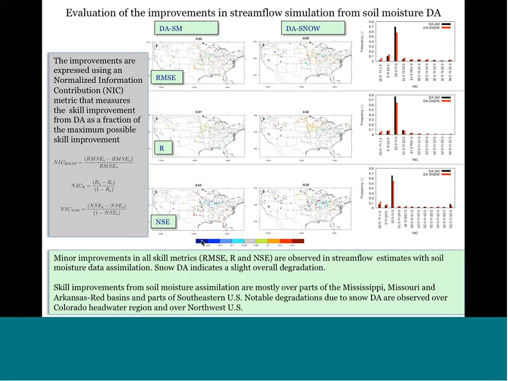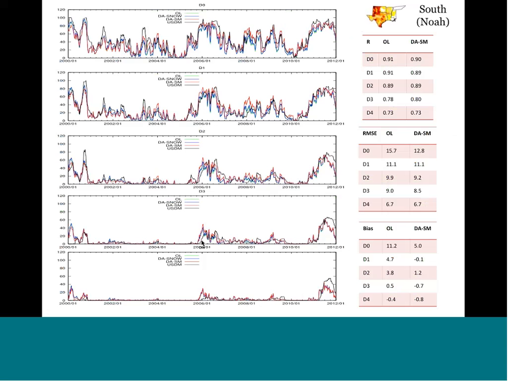So what we did after we convinced ourselves that the stream flow looked better, then we decided we would trust the assimilation and we would look at the impact on drought. And that's shown as an example in this slide. So if you're familiar with the U.S. Drought Monitor, the way drought monitoring works in the U.S. is that we have these categories of drought from D0 to D4.